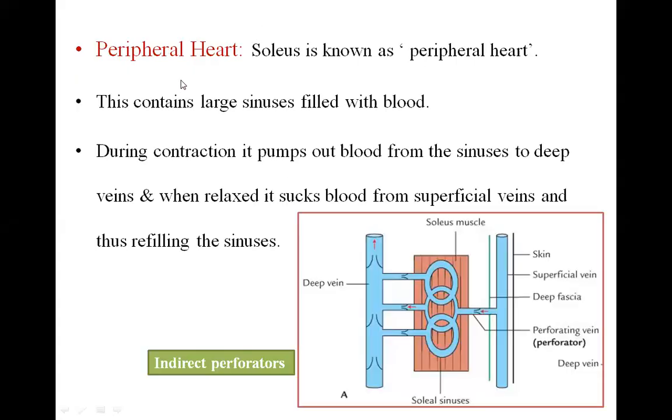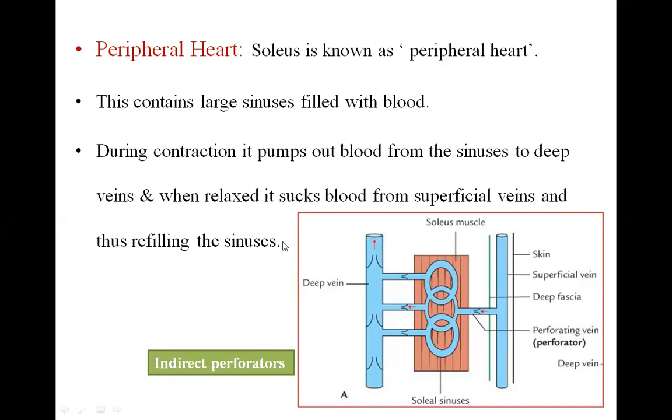Peripheral heart. Soleus is known as the peripheral heart. Remember, this contains large sinuses filled with the blood. Here is the soleus muscle, and these are the sinuses which are present in the soleus muscle, and they are filled with the blood. During the contraction of the soleus muscle, it pumps out blood from the sinuses to the deep veins. And when it is relaxed, it sucks the blood from the superficial veins, and thus refilling of the